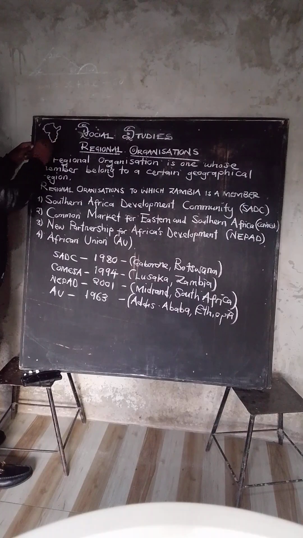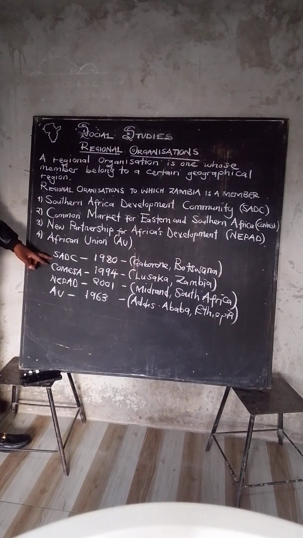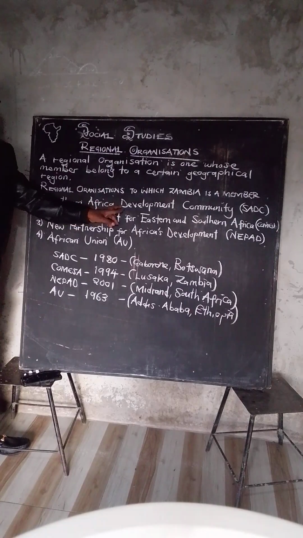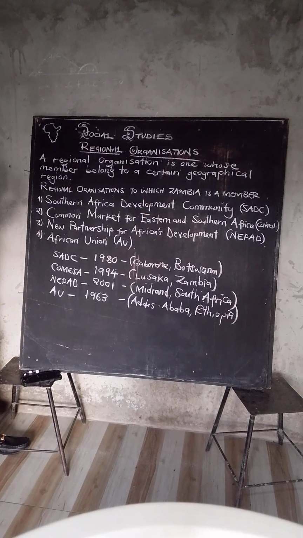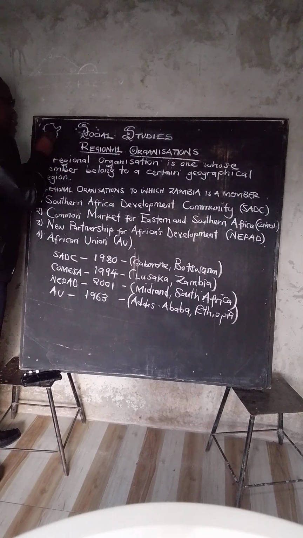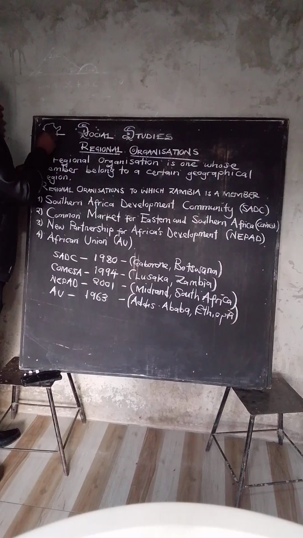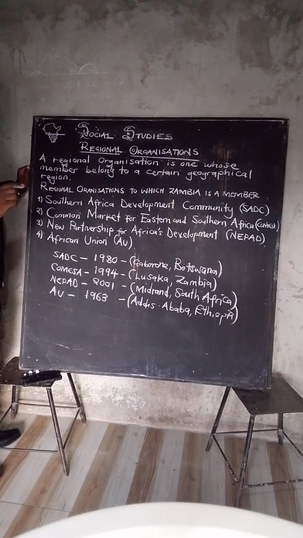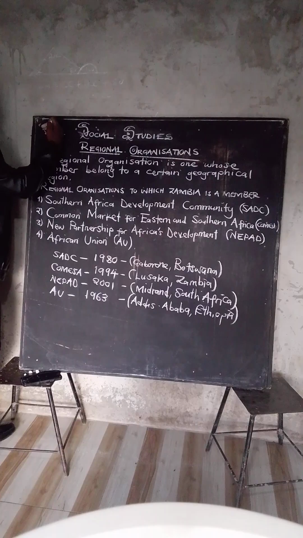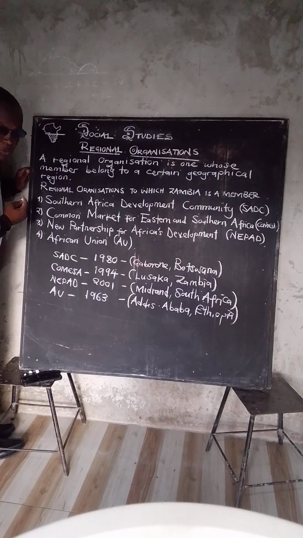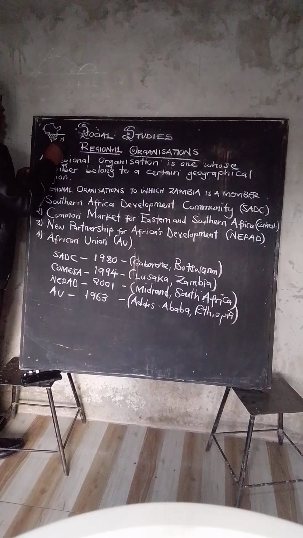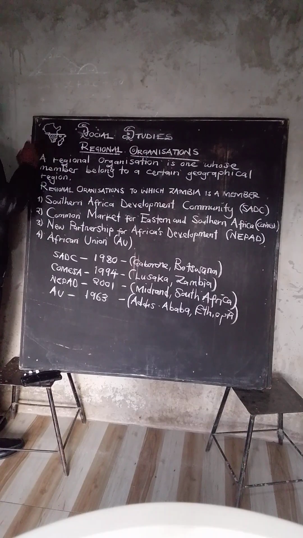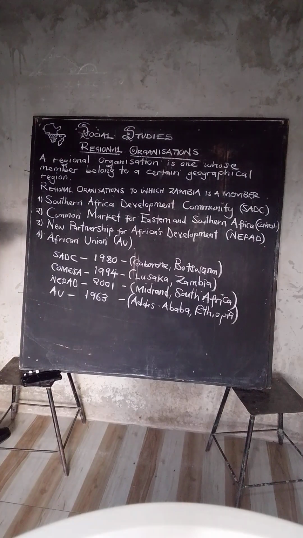Remember, SADC stands for Southern African Development Community. So most of the countries which belong to SADC are part of the southern region, and the southern region ends up to this. This shaded part is the southern region. All these countries on the southern part of Africa belong to SADC, inclusively Madagascar, Comoros, Seychelles. Let's look at 15 countries which belong to SADC.